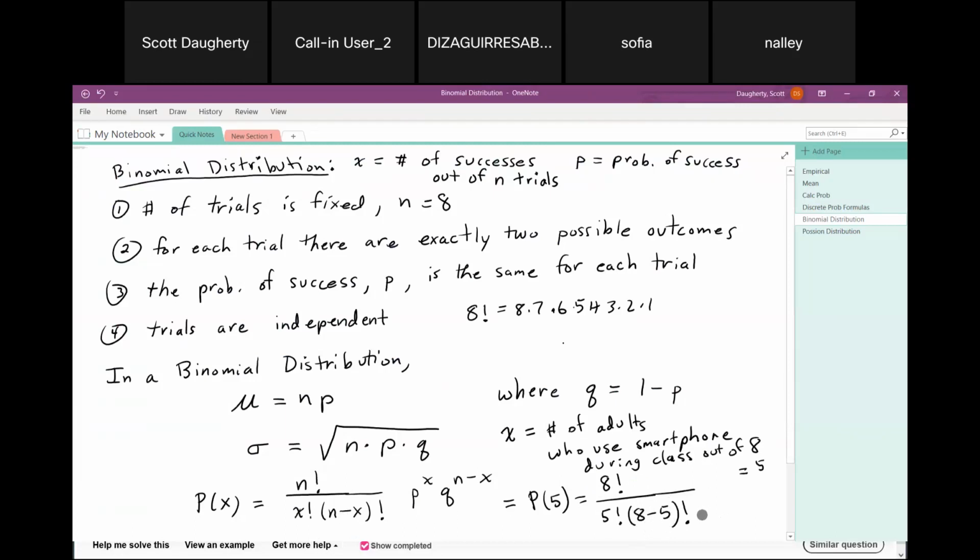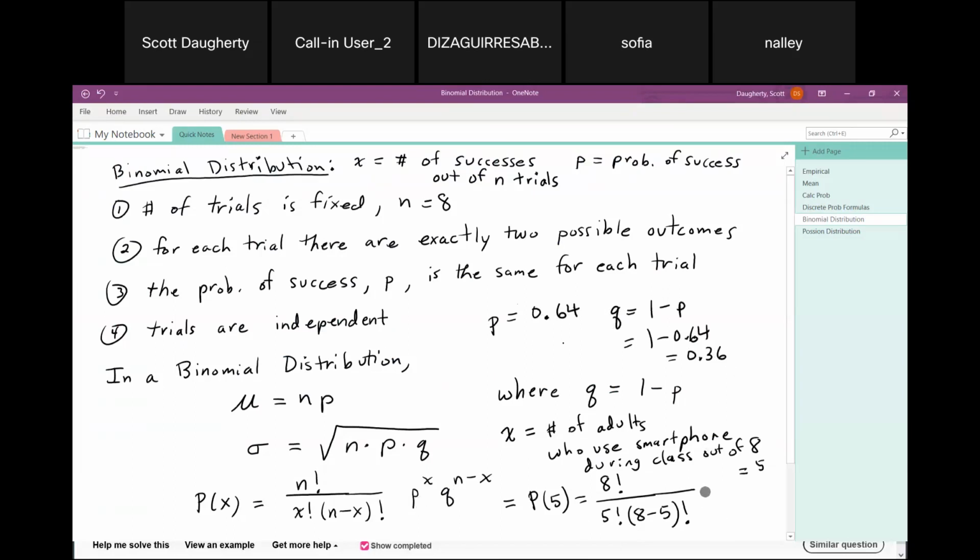Okay. And then we're going to multiply that by p raised to the x power, where p is the probability of success for one trial. Well, in our case, the probability of someone saying that they use their smartphones during classes or meetings is 64%. Of course, I'm going to write that as a decimal, so 0.64 for p. And by the way, q is 1 minus p, and that's the probability of failure, and that's going to be 36% or 0.36.